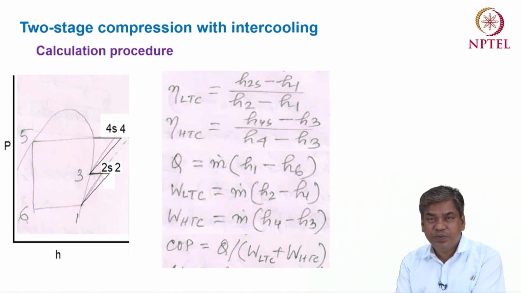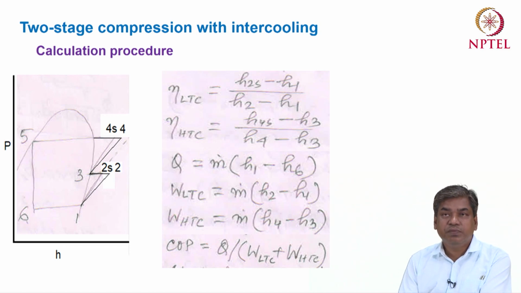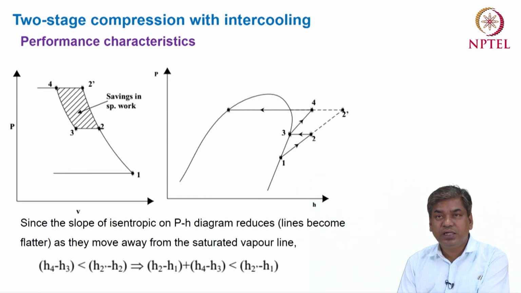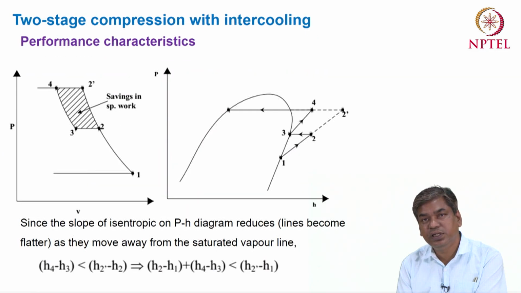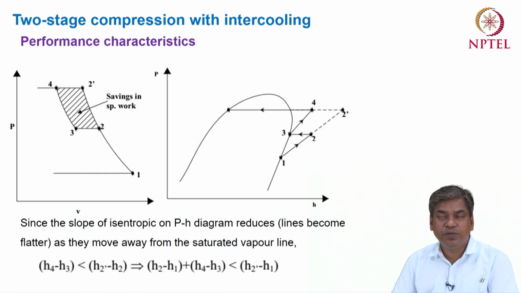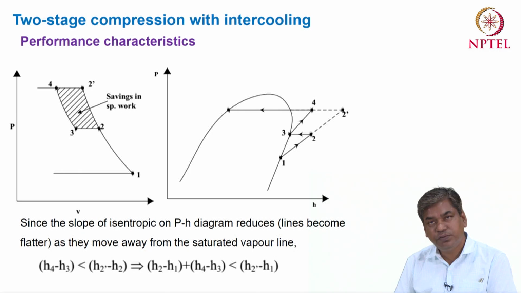Okay, so that temperature will be significantly reduced by using the multi-stage compression with the intercooler. We can also explain this in a pressure and volume diagram, the PV diagram. The 1 to 2 dash is the compression process for a single stage cycle. Now we are using the multi-stage compression.